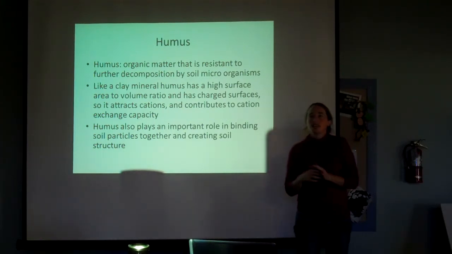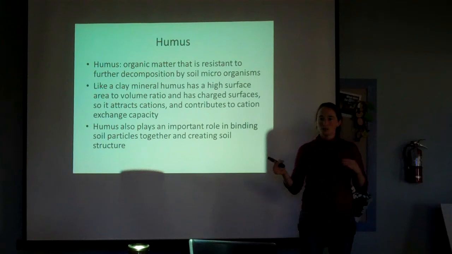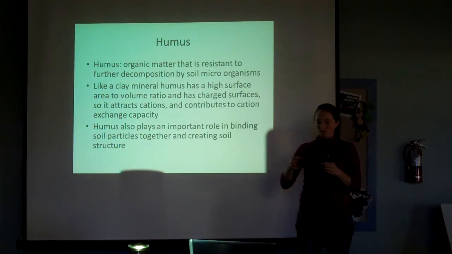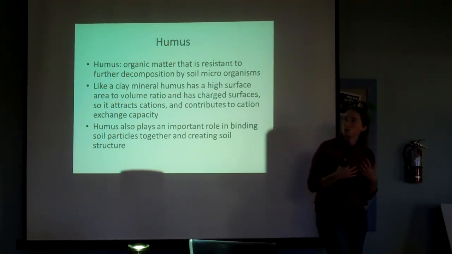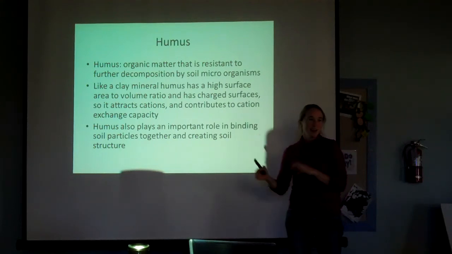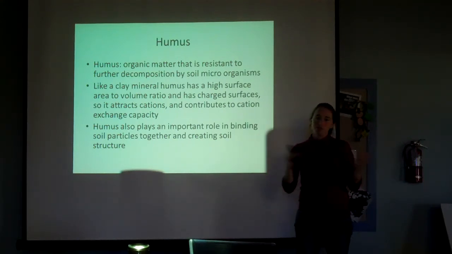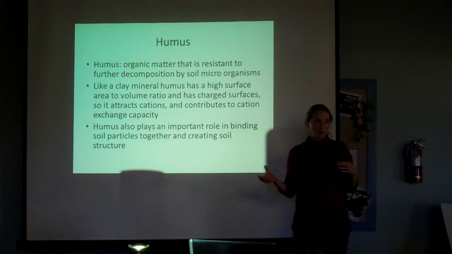Humus is this weird thing. It's hard to define, and it used to be operationally defined. Basically, they would take all these gnarly chemicals and extract humus from the soils using strong acids and strong bases. There was all this work done on humus trying to define it using these chemicals. And there have been some recent papers that say that a lot of the stuff they defined and were looking at when they talked about soil humus,